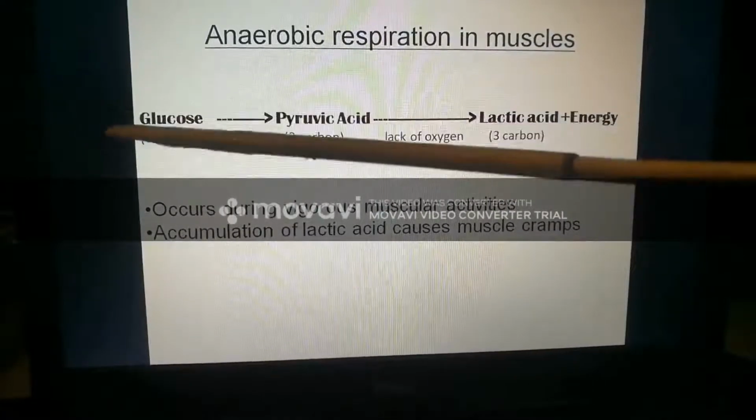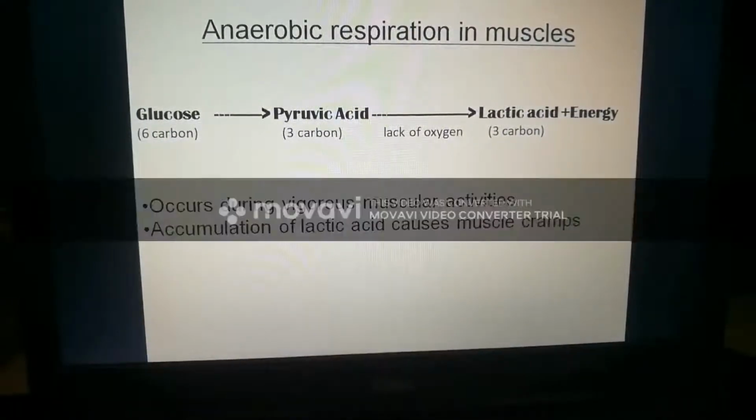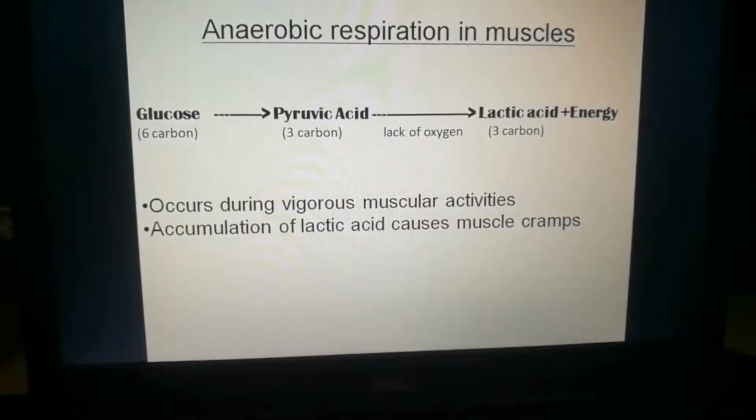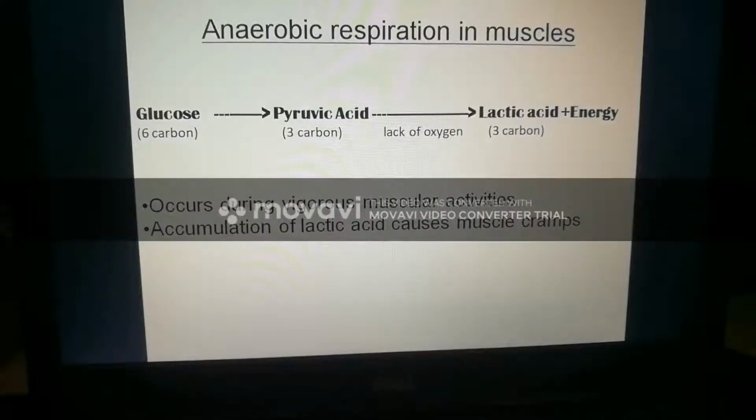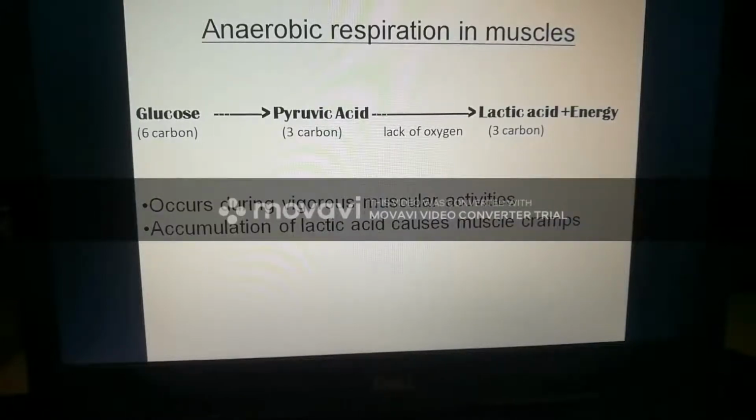I repeat, when you are doing any heavy exercise, when your muscle cells need more energy, it means more breakdown of glucose. More breakdown of glucose means more oxygen has to reach that place. Our body tries, by heavy breathing, to take in more oxygen, but still, due to the insufficient amount of oxygen, the glucose, after getting converted to pyruvic acid, gets converted to lactic acid, and there it stops its breakdown. So slowly the lactic acid starts accumulating in your muscle cells, and the accumulation of lactic acid